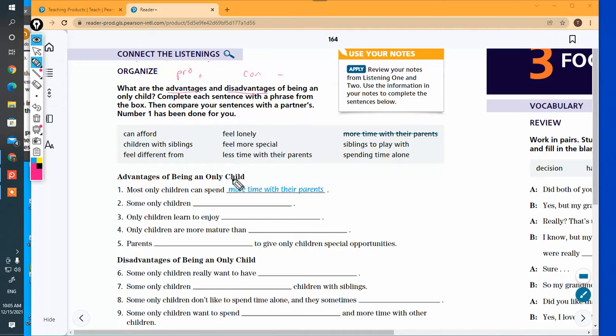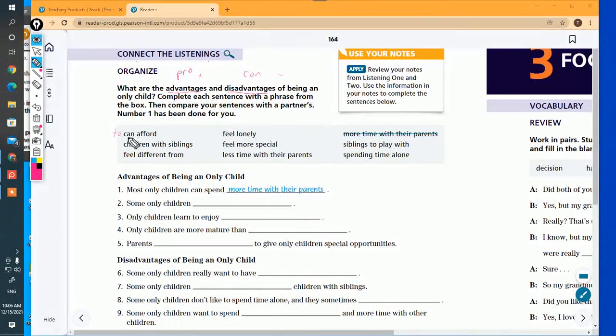Okay, so they have the first one done for us right here. Well, let's just check to see if we have nouns or verbs or whatever, right? This is a verb, okay? If you recognize it as a verb, maybe you understand that verbs in their original form are infinitives, okay?